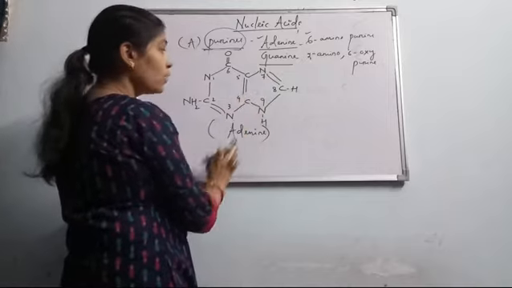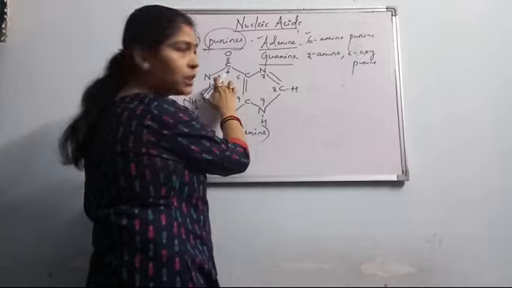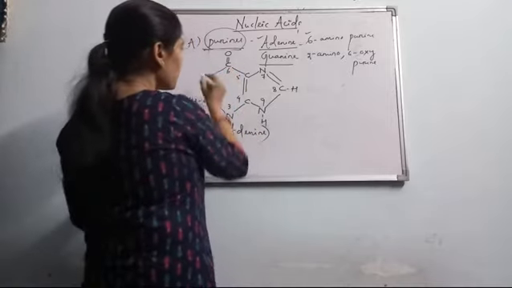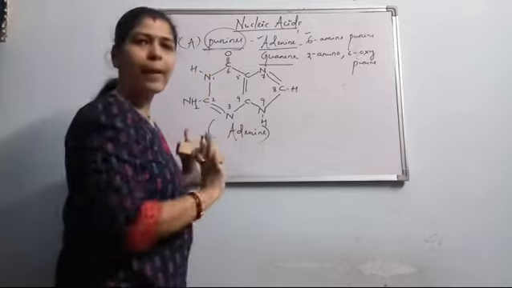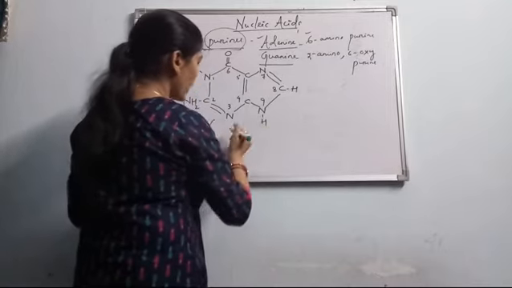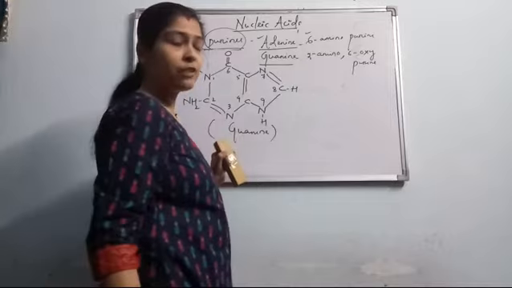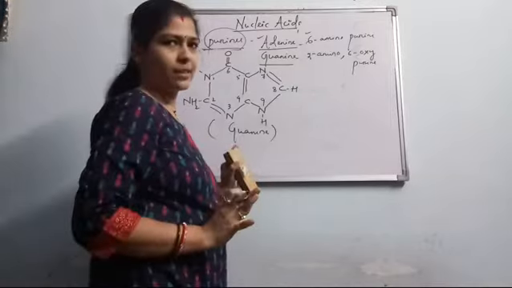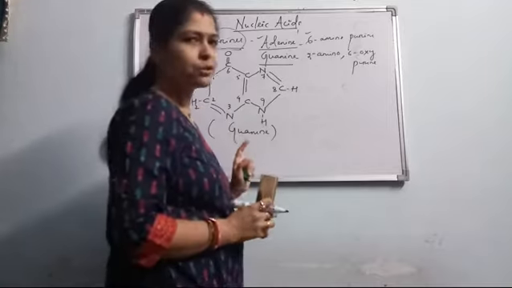All the other structures, see how we have to again check the valency, because we have removed 1 double bond here. 2 double bonds cannot remain in the same place. So we have to adjust the valency here of the nitrogen, and the nitrogen is now packed. Now this structure changes into guanine. Clear to all of you? Then adenine and guanine are the 2 different types of purines. So let's discuss the pyrimidines, the 2nd type of nitrogenous base.